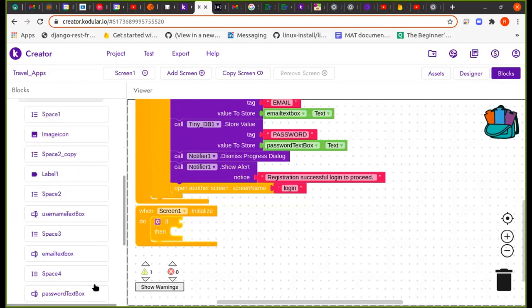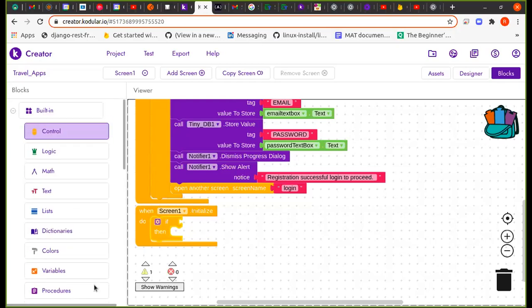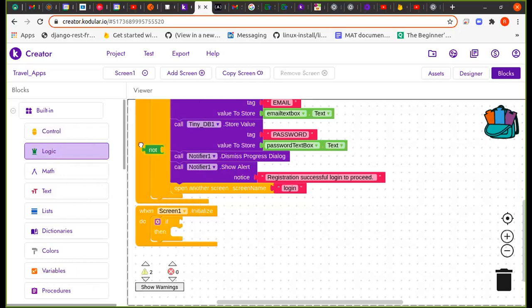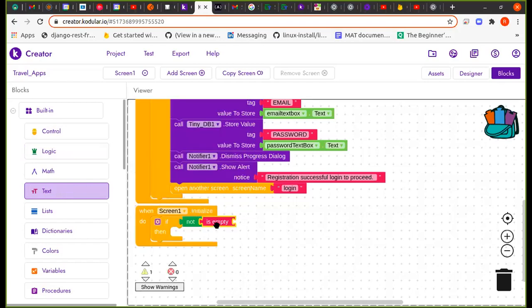just scroll towards the block section. You'll see a logic section. It's green in color at the top. Yes, logic, and then drag a not. Not, yes. Fix it in the if there. If not, then click on text and then get an is empty. Fix it after not, and then scroll down to